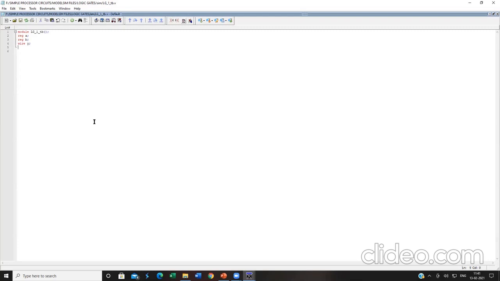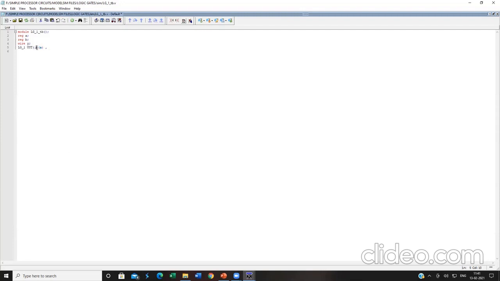Now, I am going to instantiate my original RTL file. LG_1 is my original file. The name of the instantiated value is UUT. UUT means unit under test. Now, I am going to instantiate it. This A. Now, there are two A's over here. The A which is present outside the parenthesis is the one belonging to the original hardware module LG_1. The A which is present within this parenthesis belongs to the instantiated one, that is UUT.